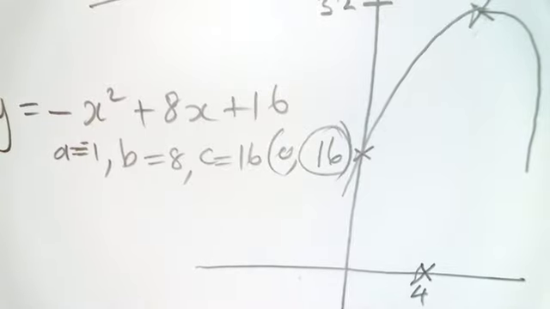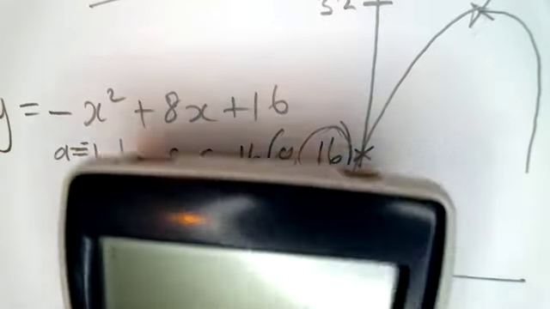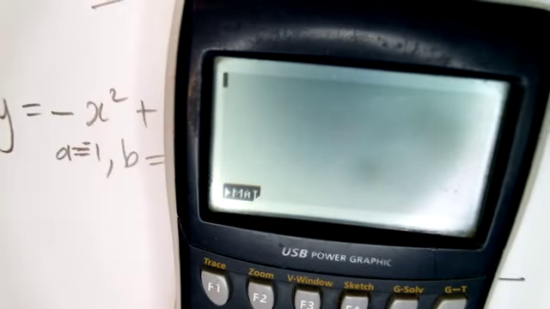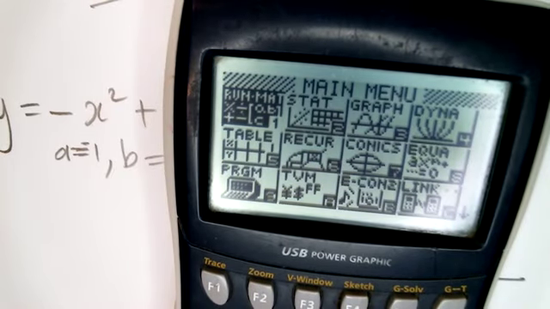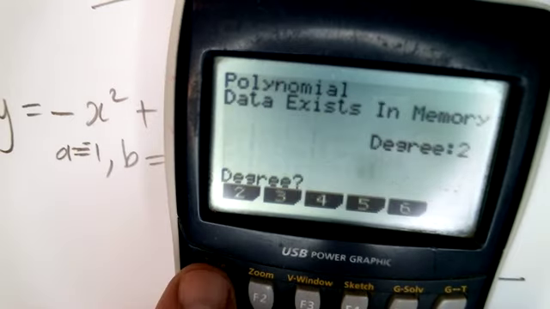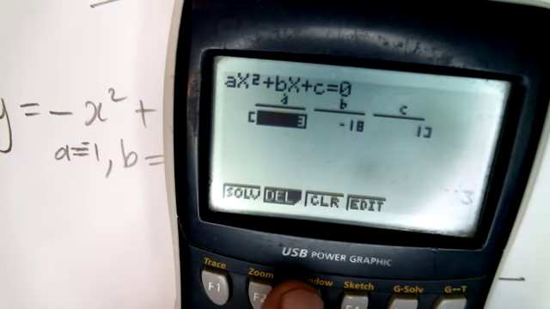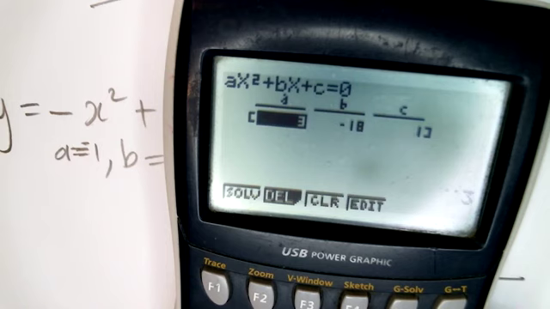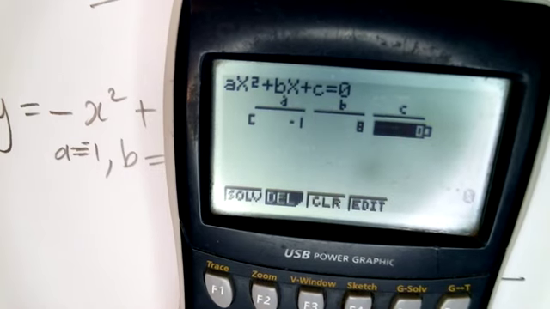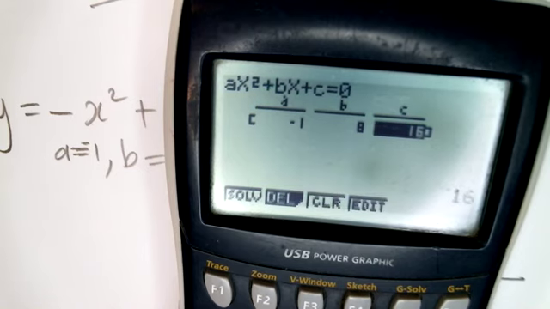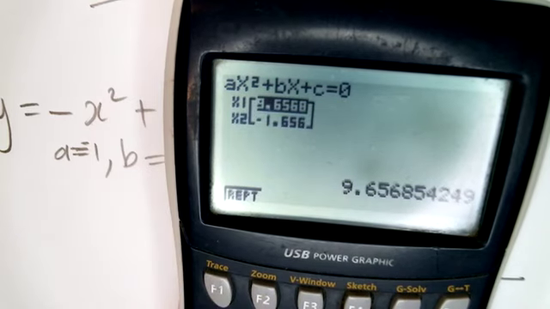So I can just plonk all of that straight into the calculator. Let's clear all that. So I've got an a value of -1, b value is 8, and c value is 16. Here we go. I'm just going to go solve, there we are, solve. And I get